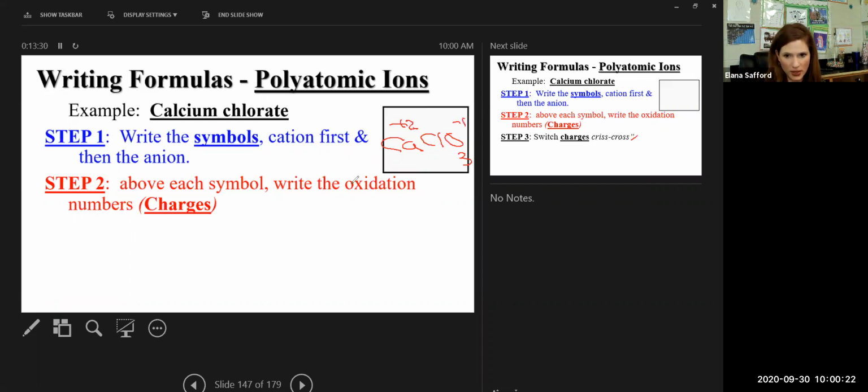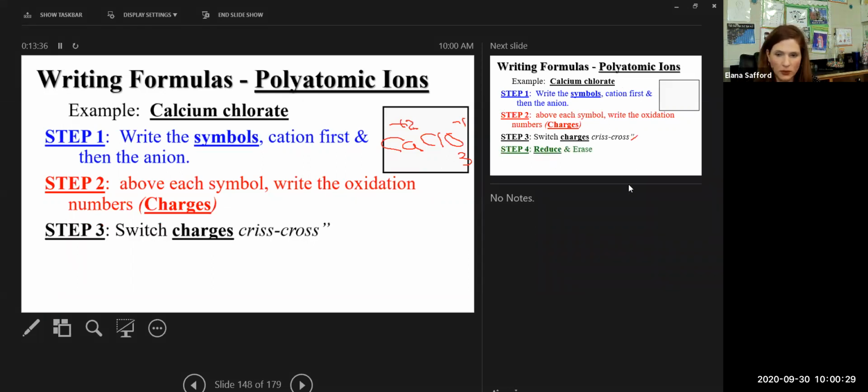That 3 is to crisscross. The 1 is going to come over to the bottom. The 1 is going to crisscross and move over here. The 2 is going to come over here. Sometimes it's helpful to have the parentheses. So the 2,